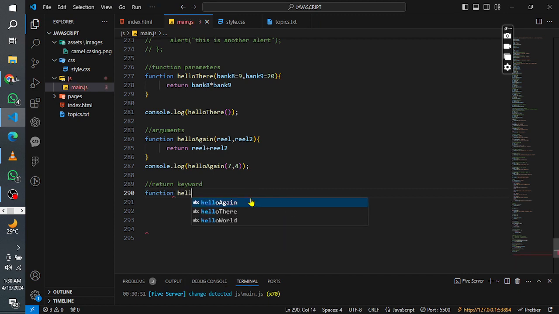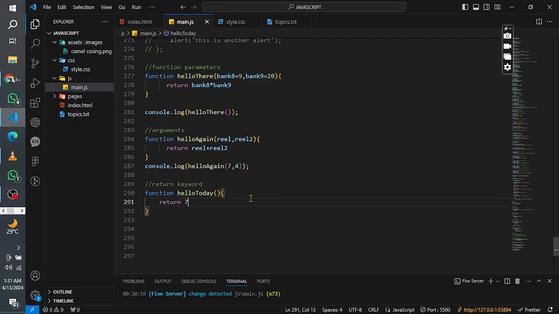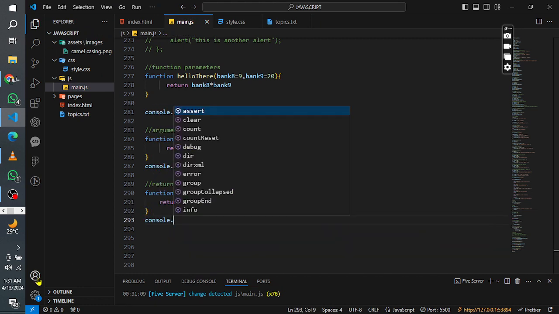I'll say hello today. Okay, so let me just put return 7 times 9. Now there's no variable attached to this. I can say console.log